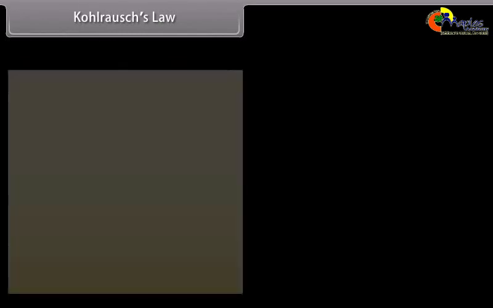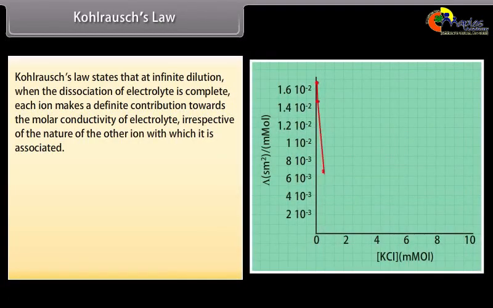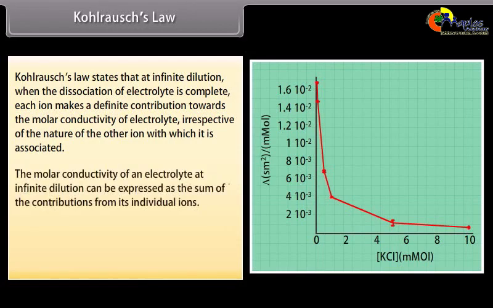Kohlrausch's law. Kohlrausch's law states that at infinite dilution, when the dissociation of the electrolyte is complete, each ion makes a definite contribution towards the molar conductivity of the electrolyte, irrespective of the nature of the other ion with which it is associated. The molar conductivity of an electrolyte at infinite dilution can be expressed as the sum of the contributions from